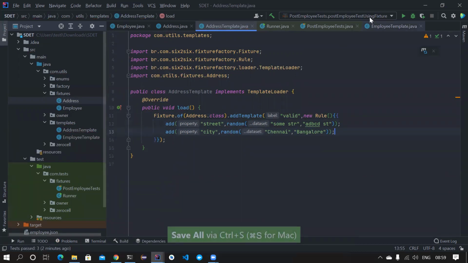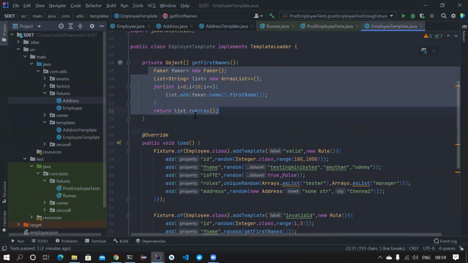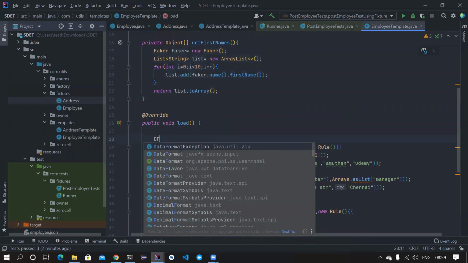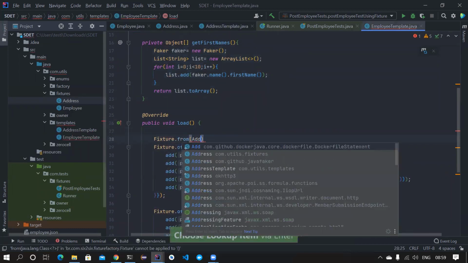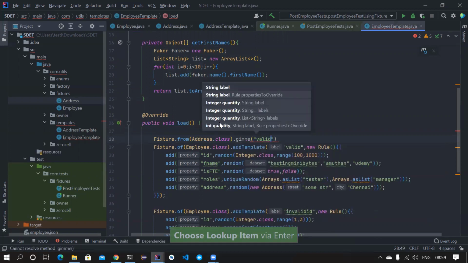Once you do this, you can also use this in your employee template as well. So if I go here, I can use this here. What I can do is Fixture.from(Address.class), give me a valid template of address.